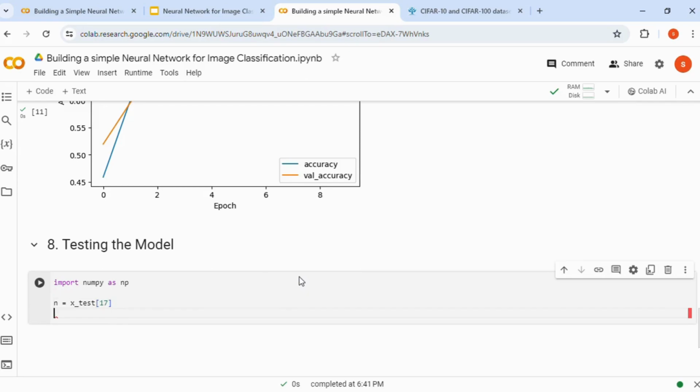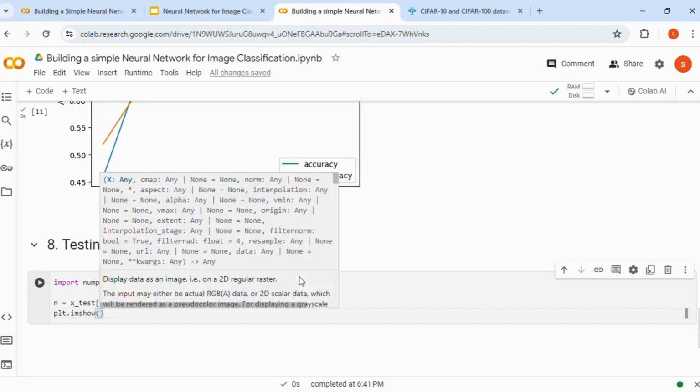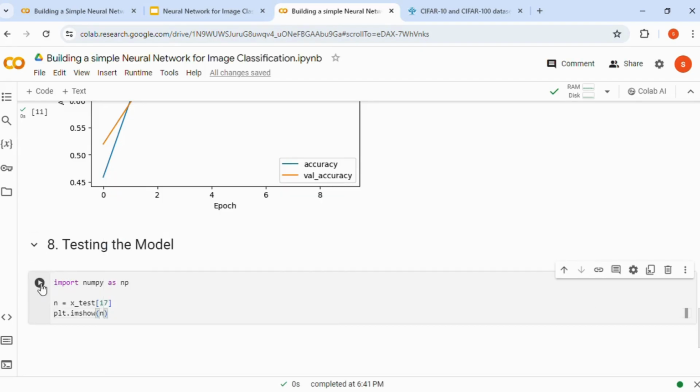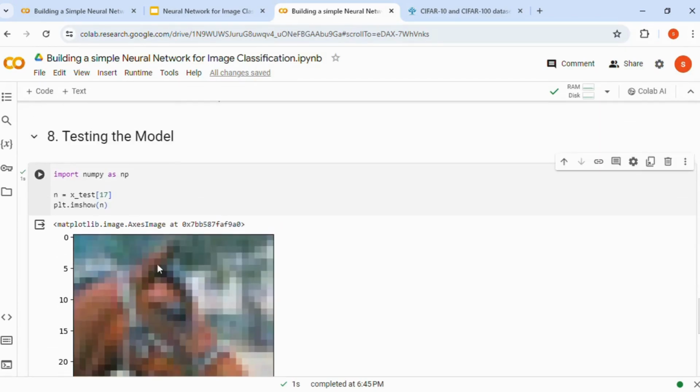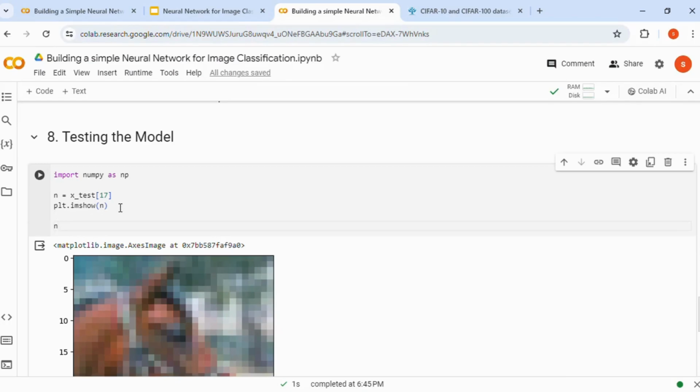If I want to see what the image is, we can use plot dot imshow, and just see the image. Of course, these images are really blurry, but it works for the model. So this is the horse. Let's see if our model is able to predict whether this is a horse or not. So for that, let's first see what the shape of our